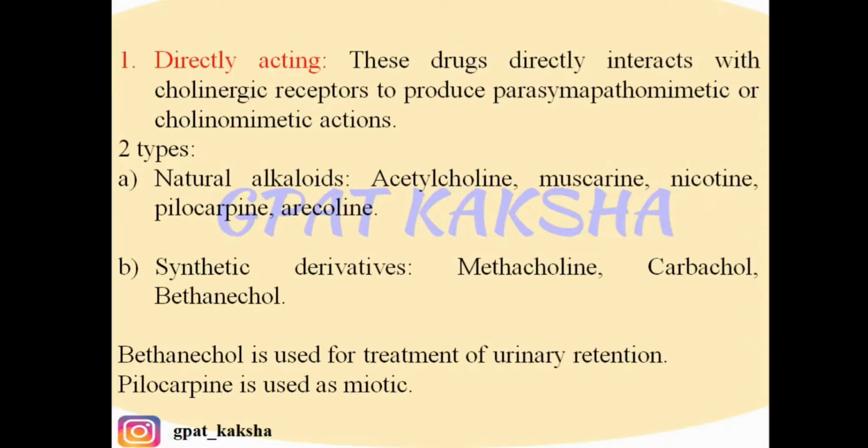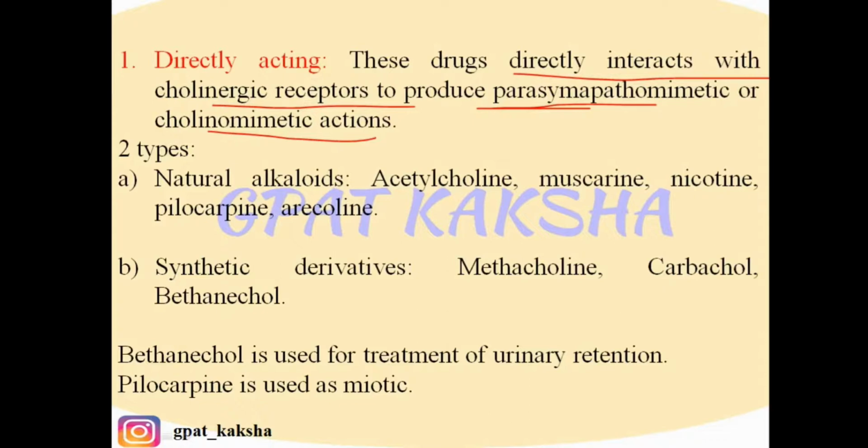The directly acting drug directly interacts with cholinergic receptors to produce parasympathomimetic or cholinomimetic action. Parasympathomimetic or cholinomimetic action means the actions which are produced by acetylcholine on the cholinergic system, which we have already learnt earlier. So all those actions are produced by directly acting agents by directly interacting with the cholinergic receptors, that are nicotinic